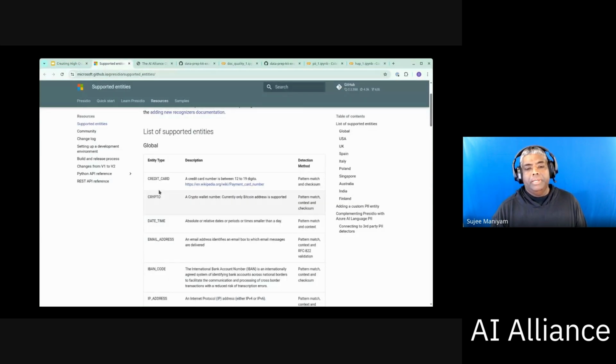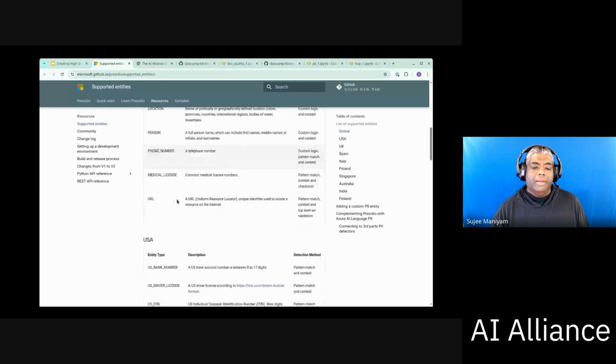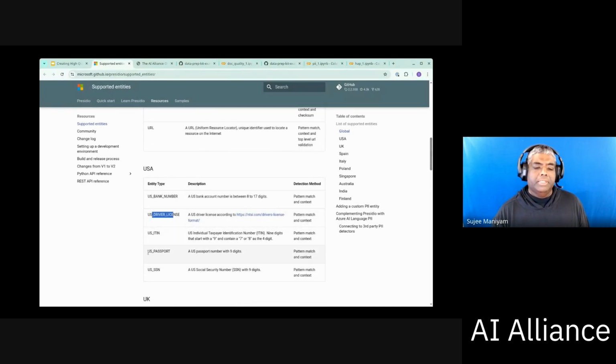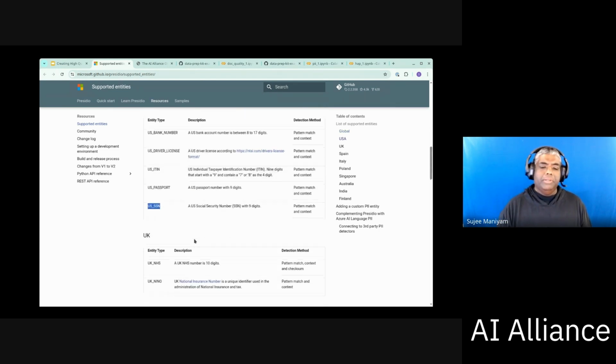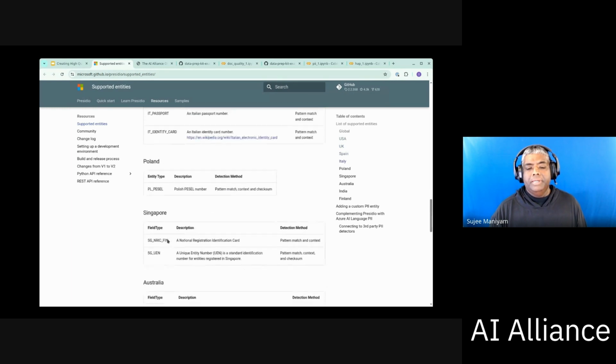So you can see credit card details, your crypto wallet number, email addresses. These are all universal. And also, if US specific, then you can say driver's license, your SSN, the social security number. In the US, every country probably has their own version. In the UK, your NHS number. If you're in India, so you can see,